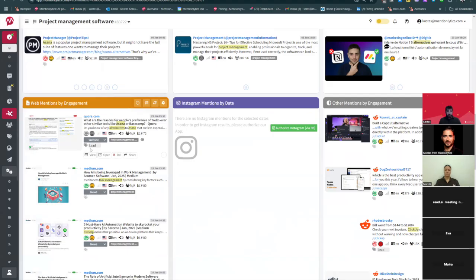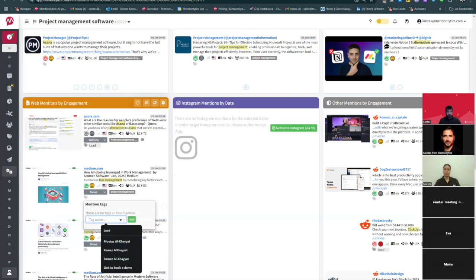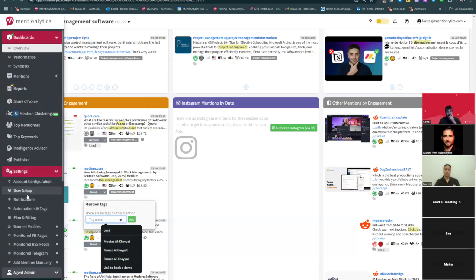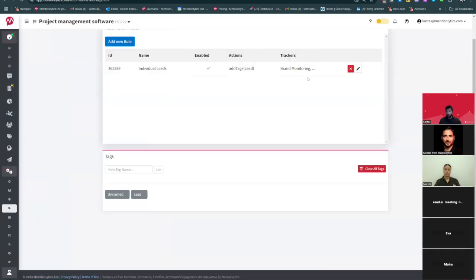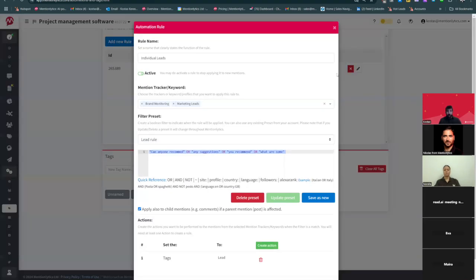So a thing that you can do is create some particular tags. Under each lead, you can put a tag on it. But a much better way to do it is to create an automation. I have created an automation here called individual leads.